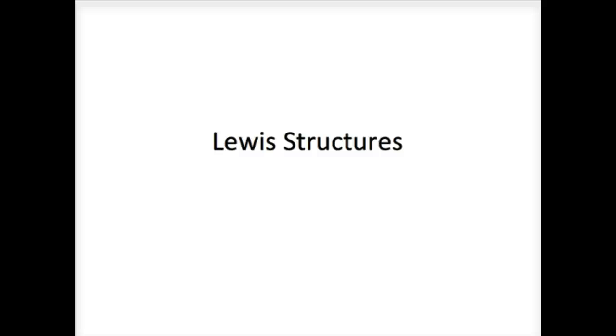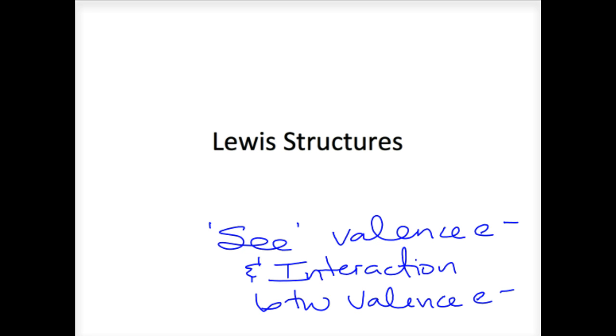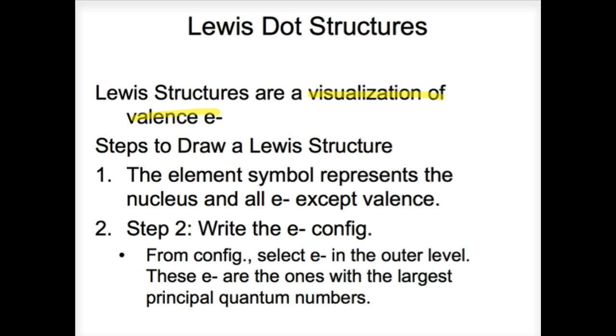Remember that Lewis structures are, in essence, a way to visualize valence electrons and the interaction of valence electrons. So if we want to do this and see this, we start with atoms, which means we start with basically our symbol, and we have to know the electron configuration. When we look at the electron configuration, what we're trying to pay attention to is the largest principal quantum number, in other words, the largest shell or